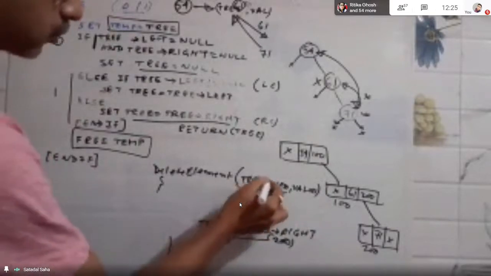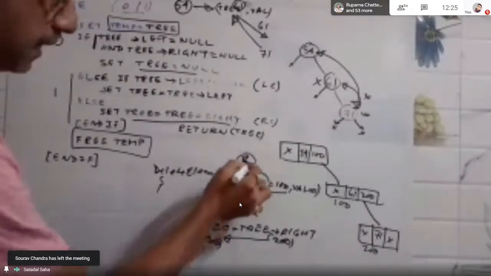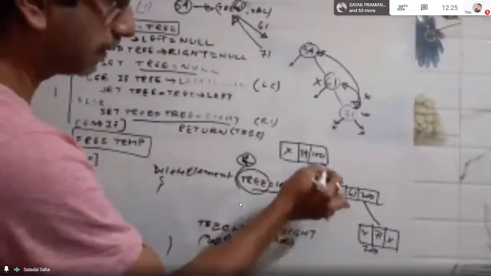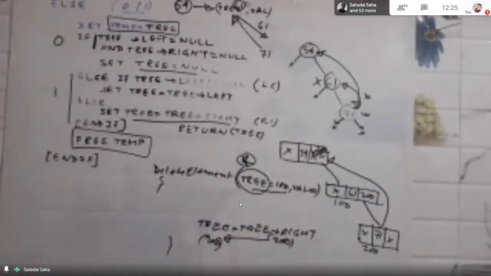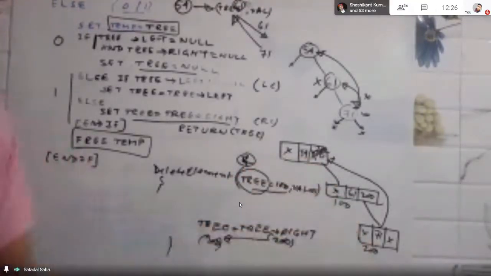Now, as it is called by reference, tree comes in this place by reference. It is passing the address. So we are replacing the address itself by another value. So it was linked with this one, and that link is delinked and relinked with this 200. As it is called by reference, we are passing the pointer, and the pointer value itself is changed at this point, so it will no longer point to this one, but it will point to this one.